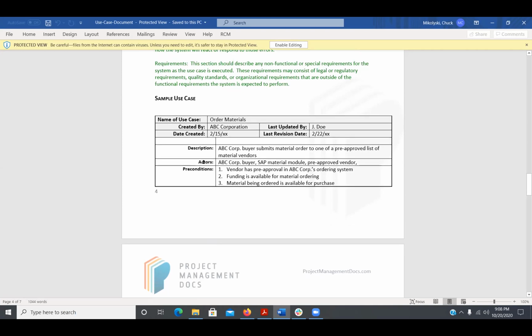Then the description is pretty high level, like we don't have to be too detailed. But a buyer submits material order to one of a pre-approved list of material vendors. So it's talking about what this use case is doing and how it's going to handle that situation, but on a high level without a lot of details. And then